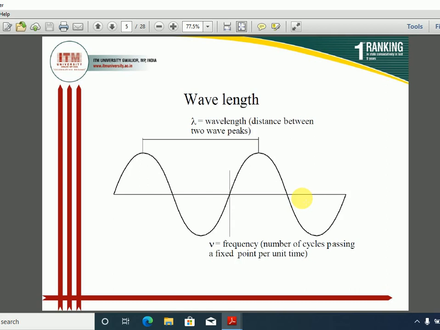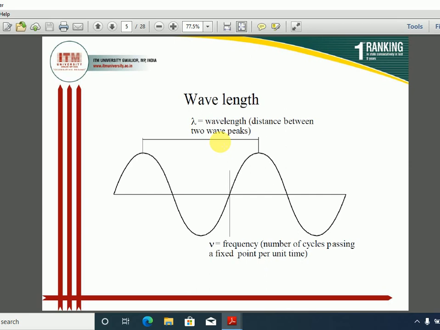What are waves? Waves are a form of energy. It is a particular form of energy. And what is the wavelength? It is a specific distance between two peaks of a particular wave. The higher region is considered to be the crest, and the depression is called the trough. So the distance between two specific crests is considered to be wavelength, and the repetition of a particular wave at a particular point is considered to be frequency. Means the number of times it is replicated in a particular distance is considered to be frequency.